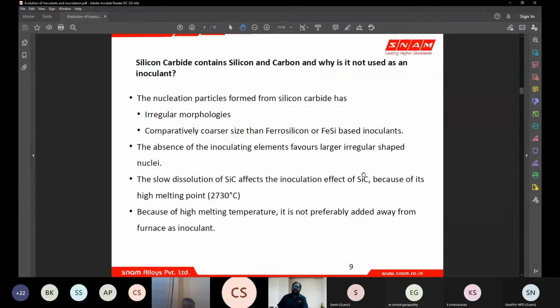Silicon carbide has got silicon and carbon, which are major elements which support nucleation or inoculation effect, but silicon carbide is not consistent. It can be a support to an inoculating material, but not the primary inoculating material. Also, silicon carbide has got some gangue or residue material, which after dissolution can become an inclusion in the casting. It can get carried along with the liquid metal and enter the casting and lead to inclusion defects, which is generally not present with conventional ferrosilicon based inoculants.